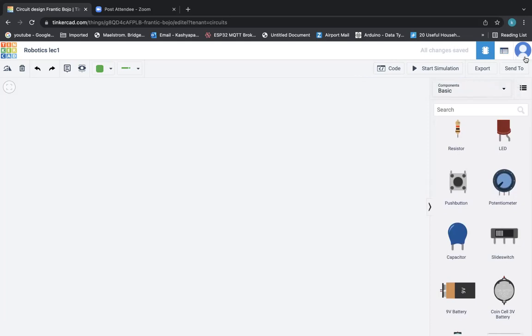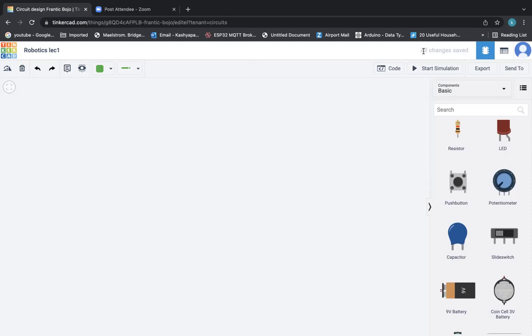My connection is a little bit slow, I guess. Anyways, always make sure that this is here, all changes saved, because whenever you do something, this automatically saves your work. But sometimes, depending on your internet speed, it may take longer to save.